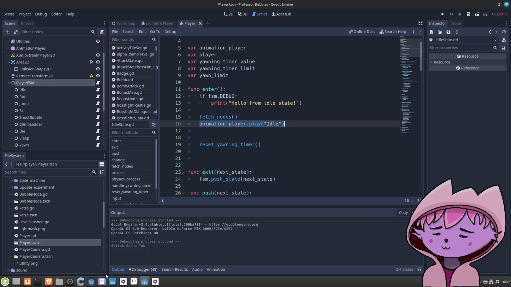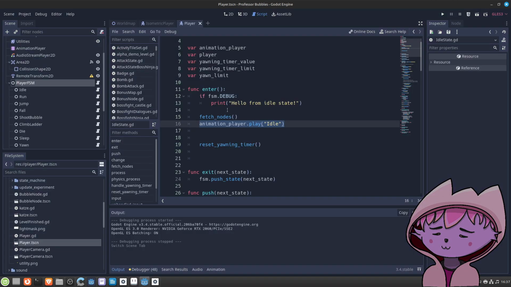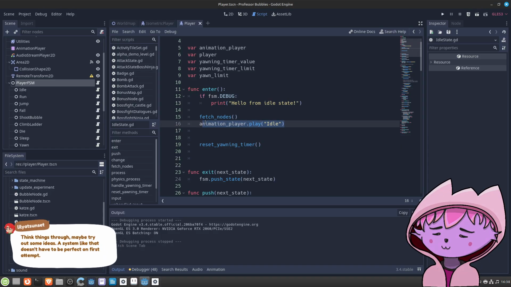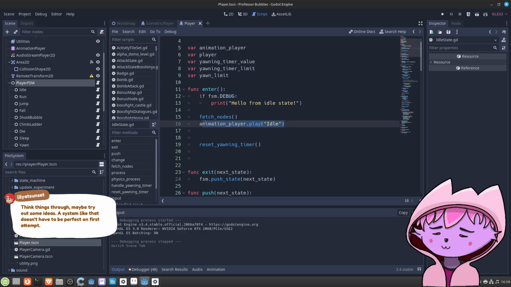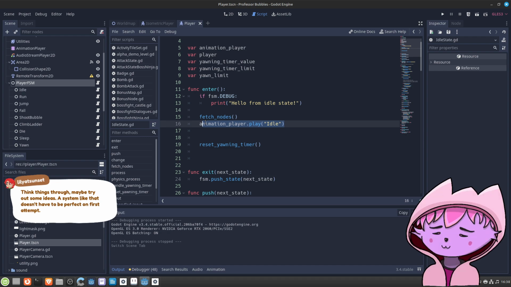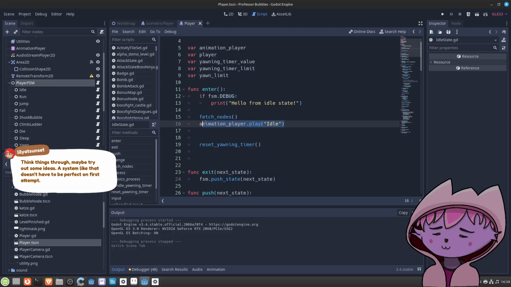In this new game, the player character animation handler will get that, or implements this, which is here implemented simply by the single animation player. Think things through, maybe try some ideas. A system like that doesn't have to be perfect on the first attempt. I know, right? I know.